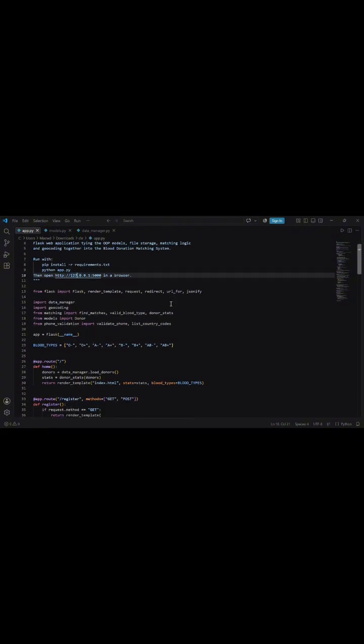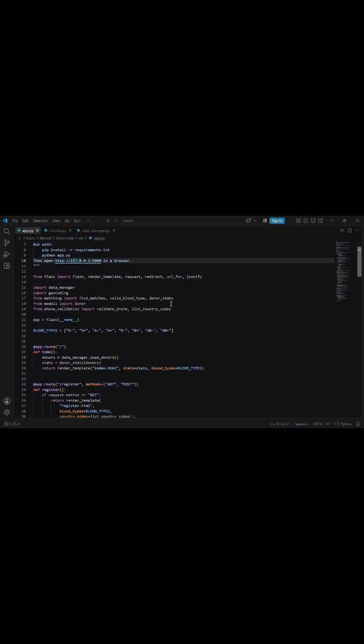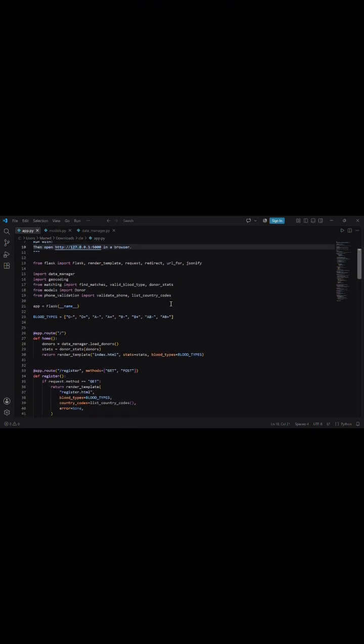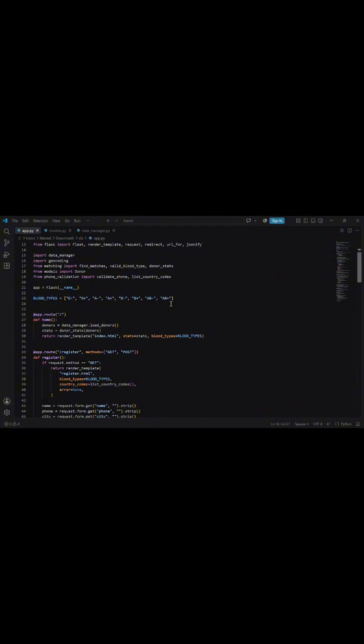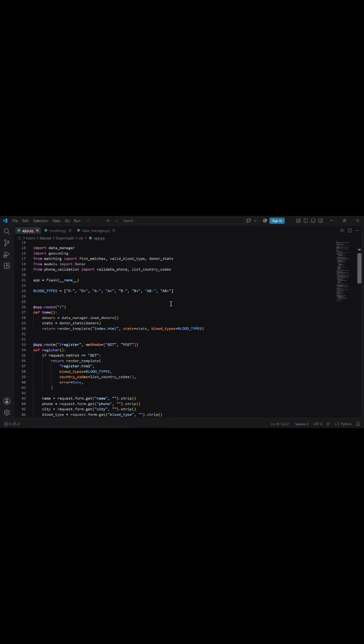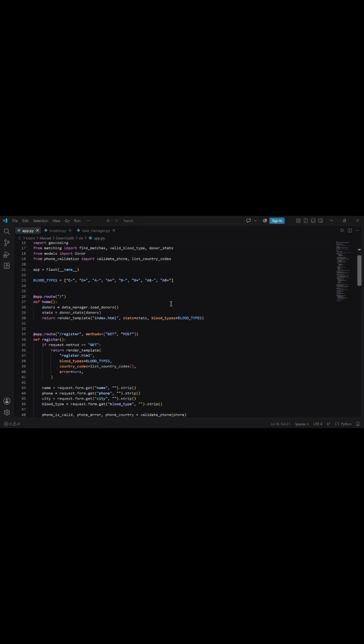Yeah, so moving on to part B, I'll walk you through the app.py. So this imports Flask and the 3 other modules that make up the project. The app = Flask(__name__) creates the actual web application object that everything else attaches to. The BLOOD_TYPES is a constant list used to populate the drop-down menu in the